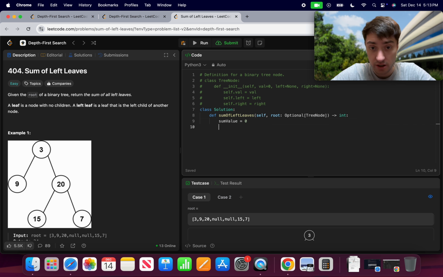So we're going to start at 0, and then we're going to have def recurse, and in this recurse we are going to pass in the node. Okay, so now what are we going to do? We are going to return self.sum